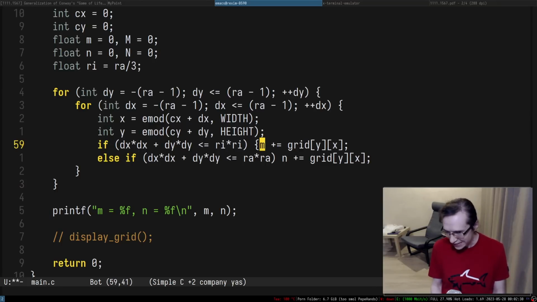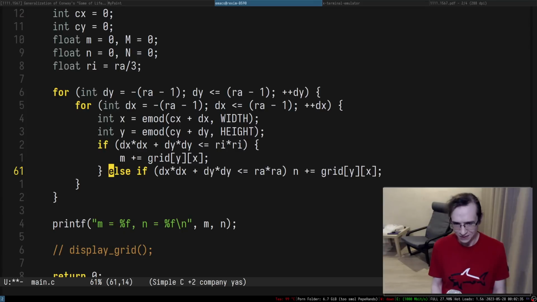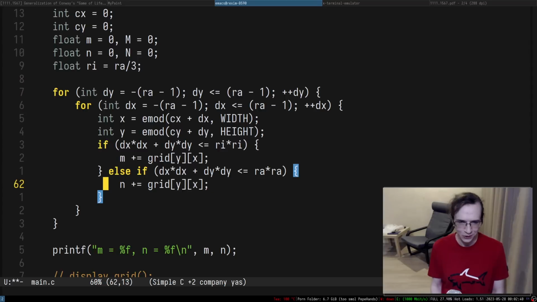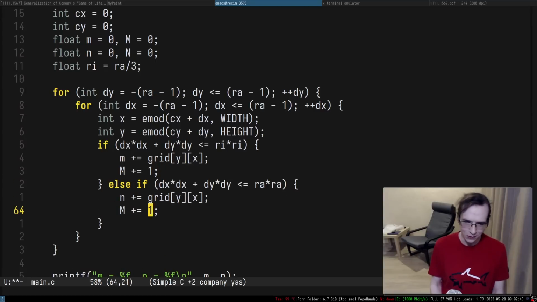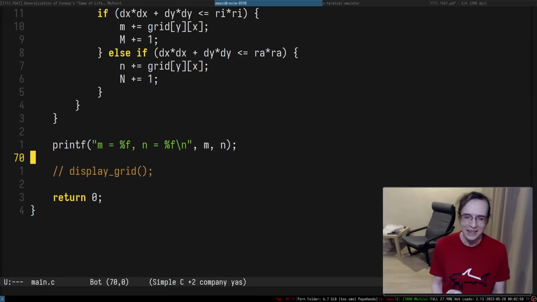Technically, it's going to be an area, or something very close to an area. So when we do plus, like m plus this thing, we can do plus 1. And here, plus 1. And effectively,